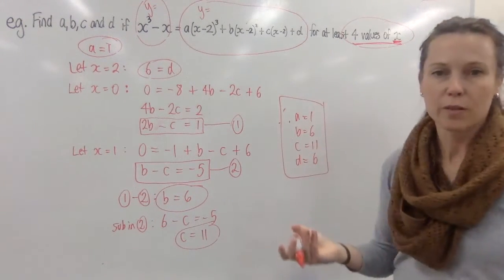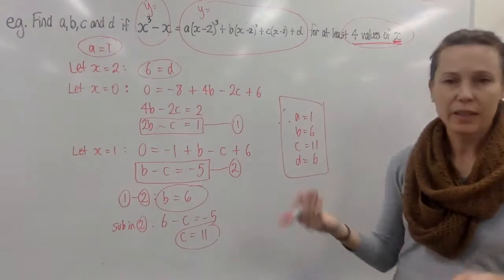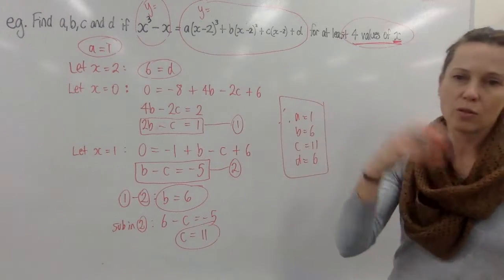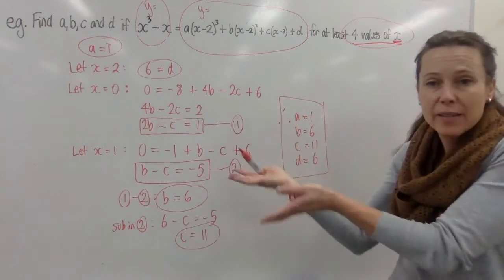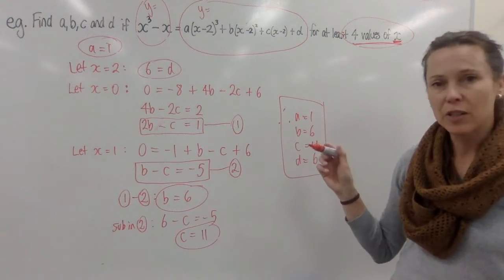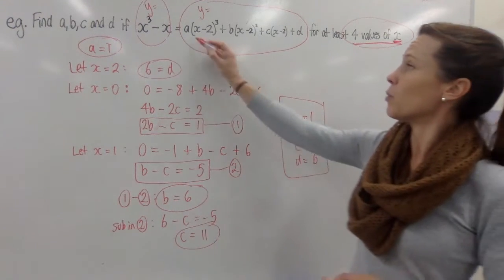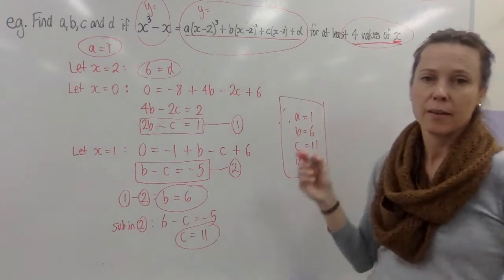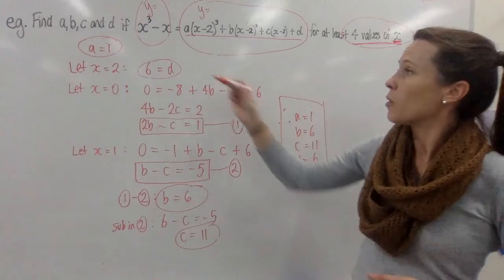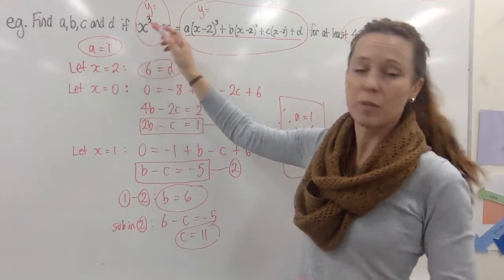Those are my solutions. Now, with a question like this, if you're feeling stuck, the way to go is just to start doing something. And you'll find that as you uncover more and more facts, you'll get more and more clues for how to uncover the others. Equating coefficients is something you could have done right from the start. If you wanted to expand this whole thing out, it would take a little bit of time, but then when you gather up each term, you could say, well, I need to have 1 lot of x cubed, so whatever was equal